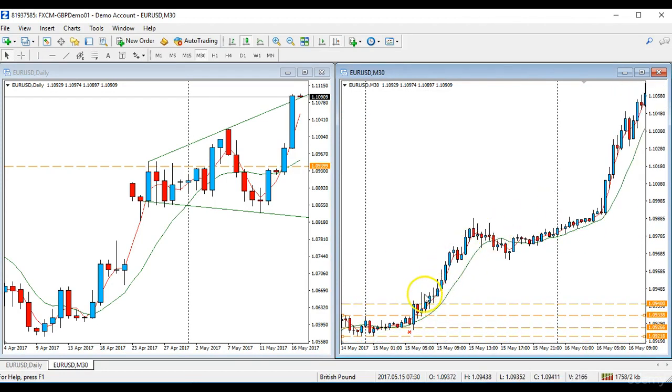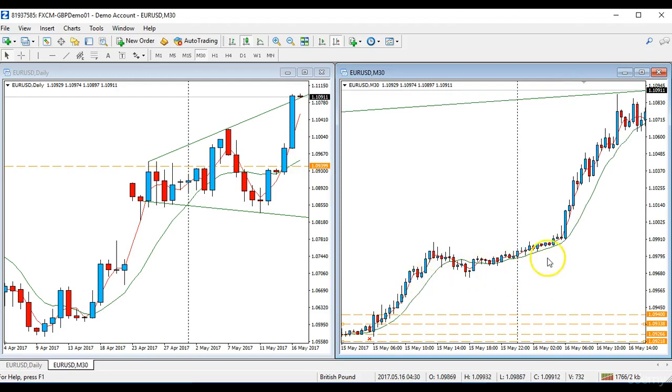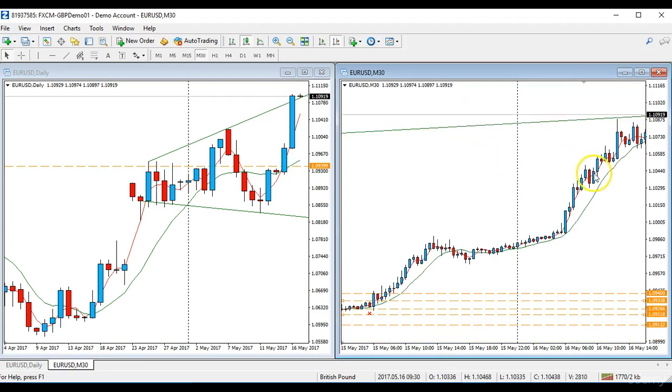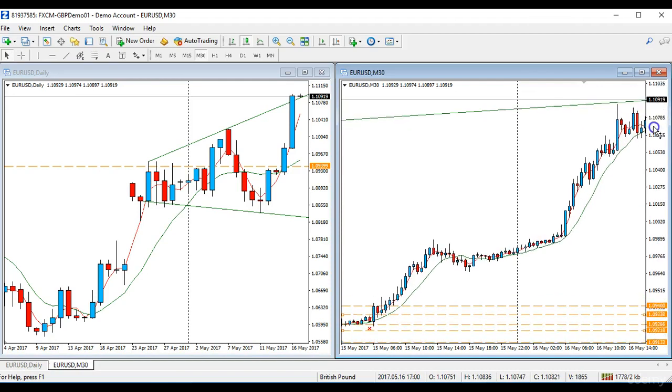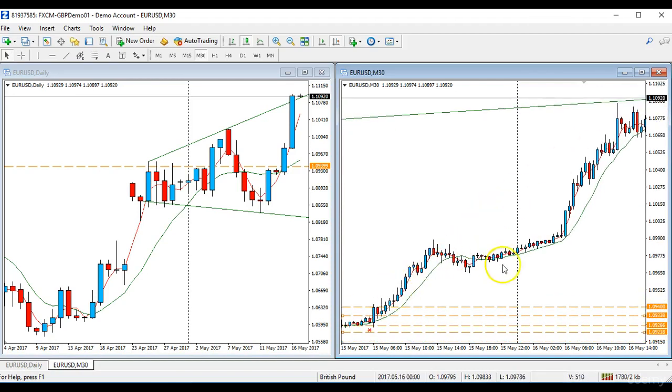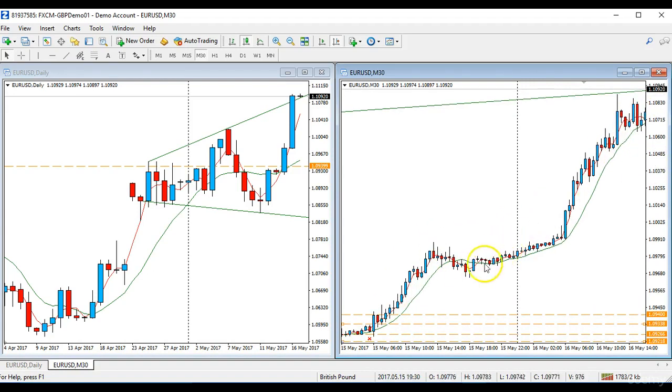Or what we can do is, when price moves away from us, we can move our stop loss to break even. So we move our stop loss up to the entry, and then we wait for price to move towards this area here, and we take our profits then, which is what I would recommend. The reason we do that is because we want to make the most of these trades when they come along, because it's the profits on these high ROI trades, high return on investment trades,